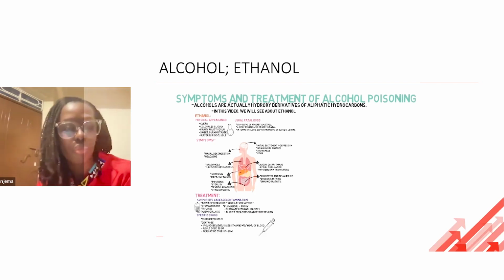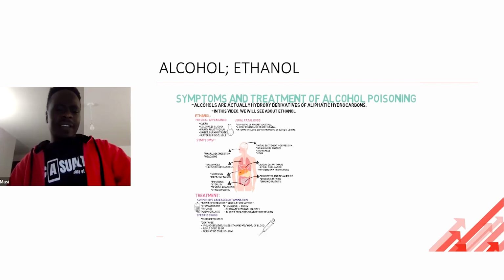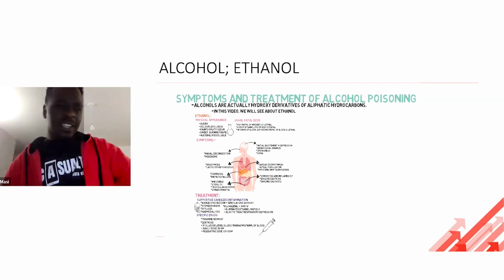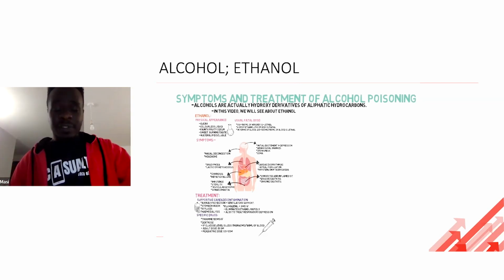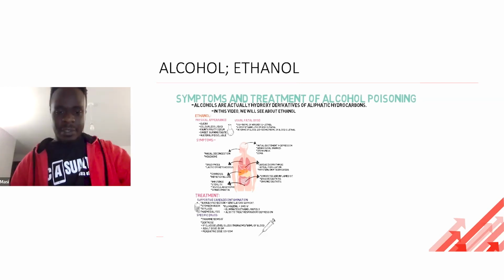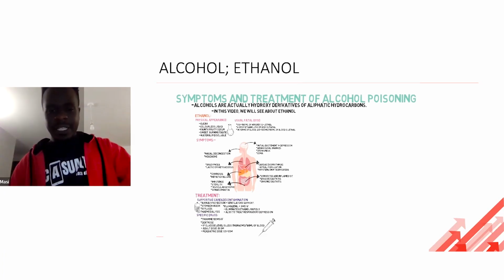So in the chat section, I've seen one of our attendees ask what is serial GCS, which was mentioned earlier in the slide. Serial GCS is essentially a short way of saying you need to reevaluate the patient's mental status periodically and quite a number of times. You need to do it, say, every 10, 15 minutes, because for some of these toxidromes or intoxications, the GCS can drop quite fast.